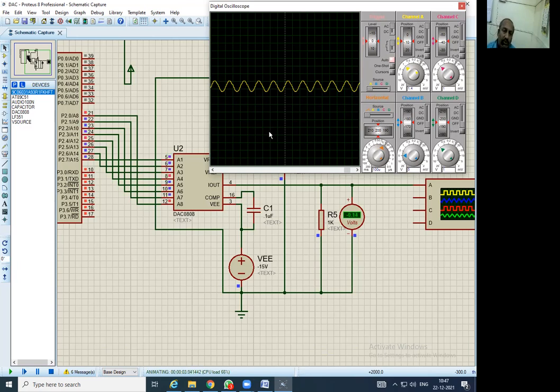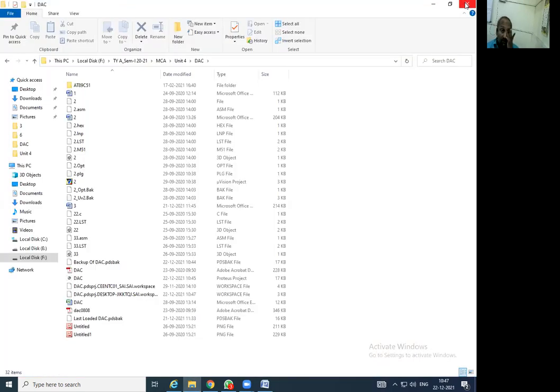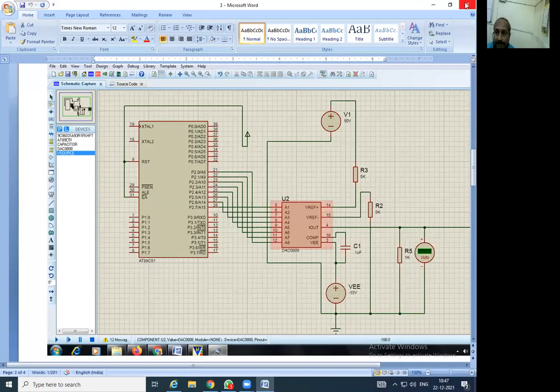You are only supposed to compile in Keil, take the hex file, add that hex file into this 8051 and run it. Instead of this sine wave, you will observe the square wave. Okay. So this is the implementation of DAC. I will stop here for this DAC and close this DAC implementation.